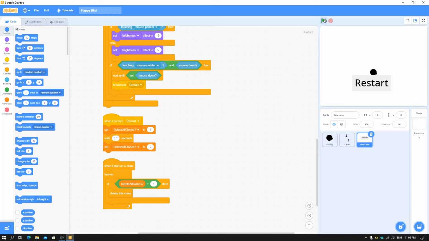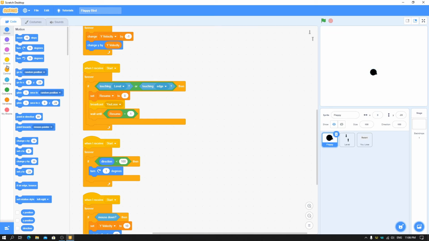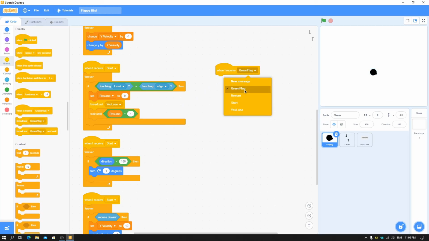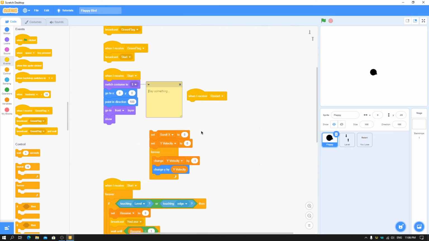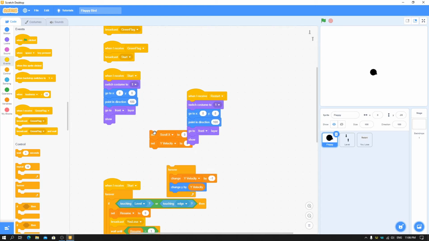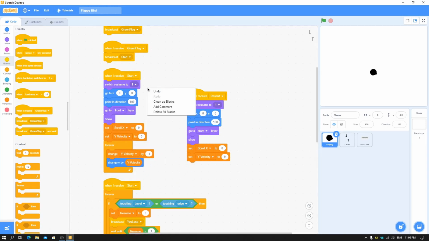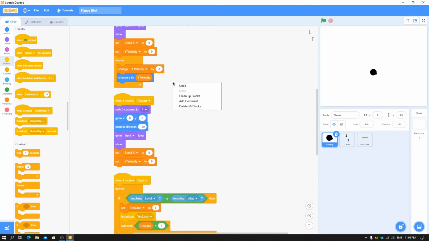So here you can see now when I start the game, and when I lose, you can see the restart button. When I click it, you can see the game is restarted from the point we left. So we can just put here when I receive restart, you can just copy this thing and duplicate and put it here, and also these two variables you can duplicate here. So it will set the values back to the same.